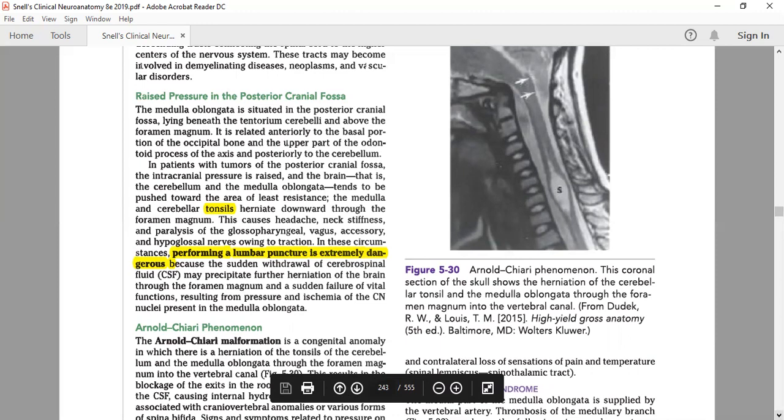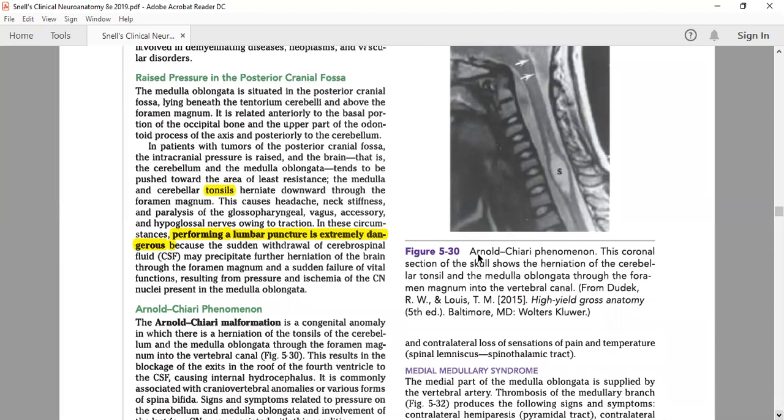So this was about raised pressure in posterior cranial fossa, and what happens to the medulla in it. Now second thing,